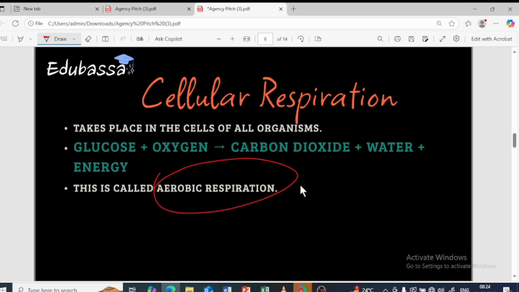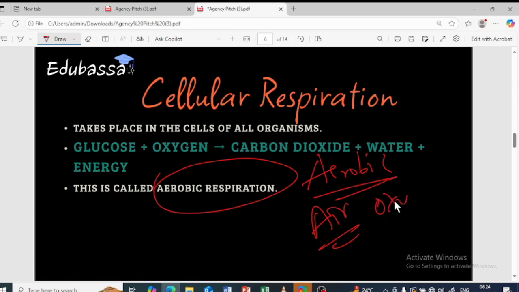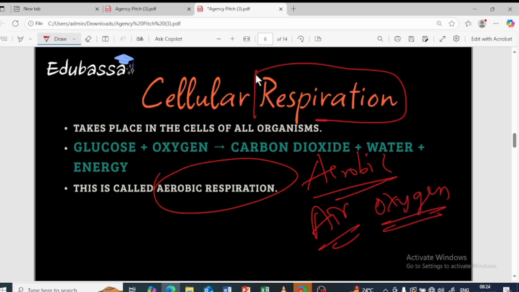So aerobic respiration. There are two types of respiration: one is aerobic, and the other is anaerobic, which we are going to learn further. Aerobic, as the name itself says, air means what? Air means oxygen, right? So in the presence of oxygen, the respiration takes place. What is respiration? Breakdown of food to produce energy, right? So in the presence of air, breaking down of the food to produce energy is called aerobic respiration